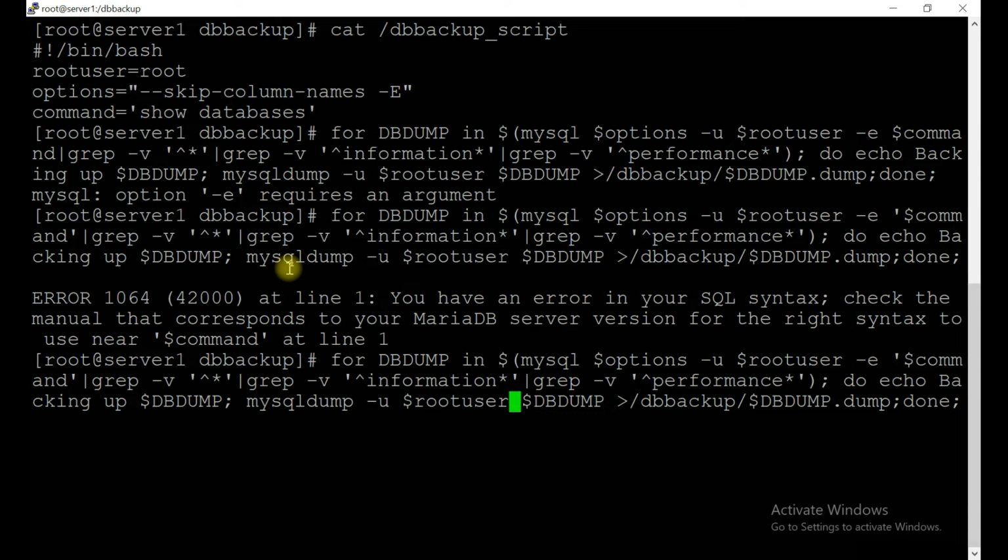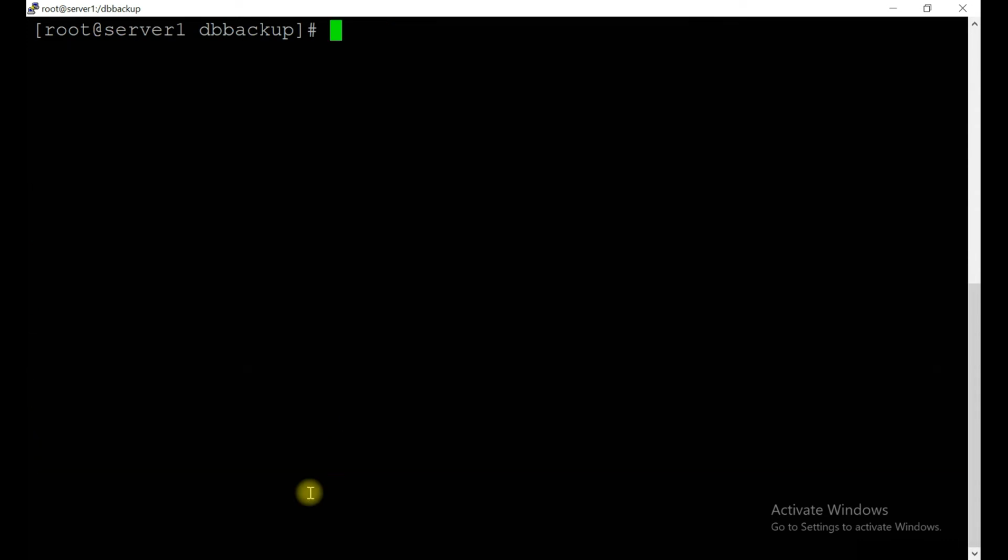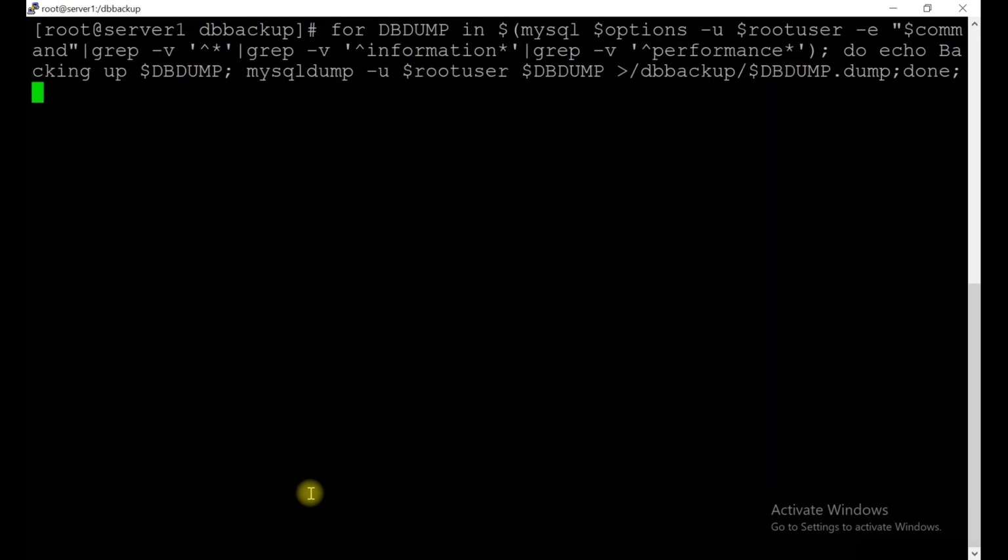Just make it in double quotes. So guys, let's run this command after doing the changes.